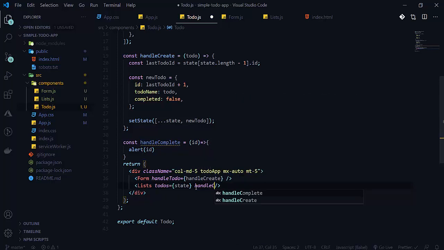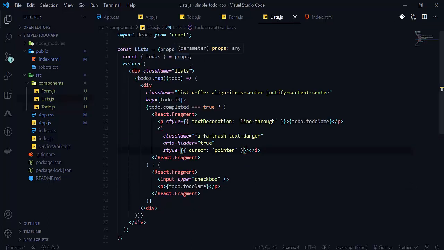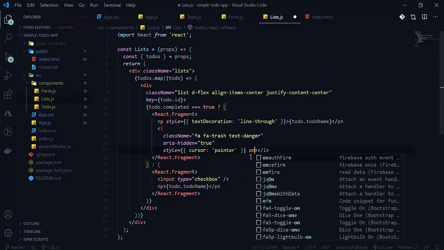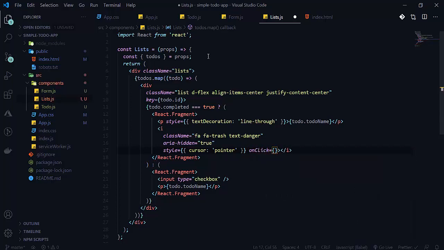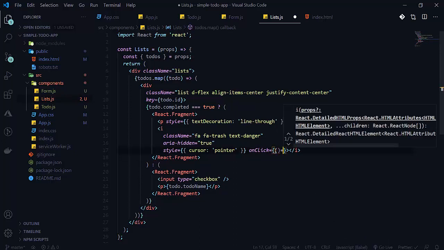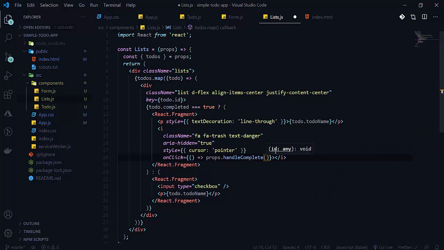Now let's go to our list, so we can use it as props here. Let's write onClick here. So here will be the onClick event. We can also call this function without calling it here. So here simply call the function like this, props dot handleComplete, and just pass our todo dot id here. When it refreshes, it is getting refreshed. So whenever we click here,